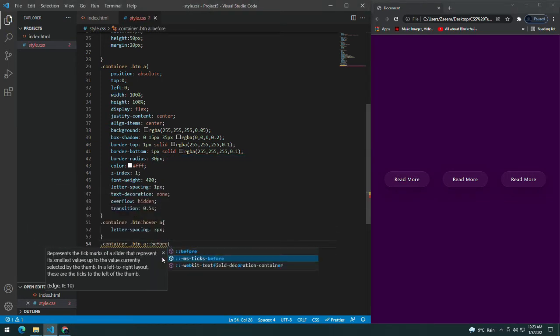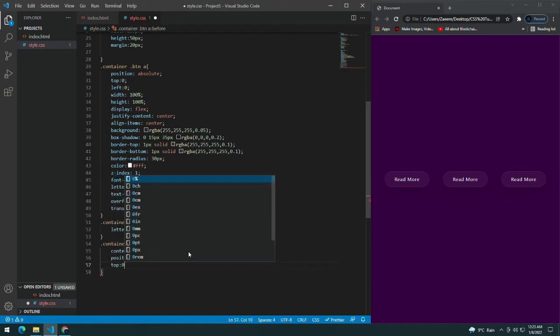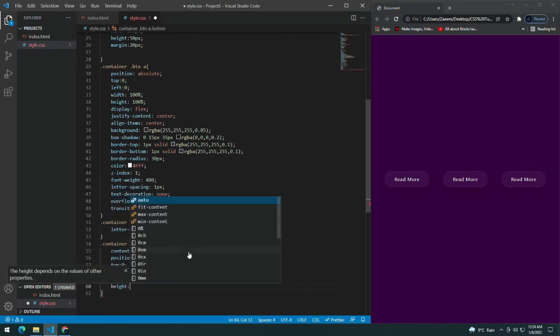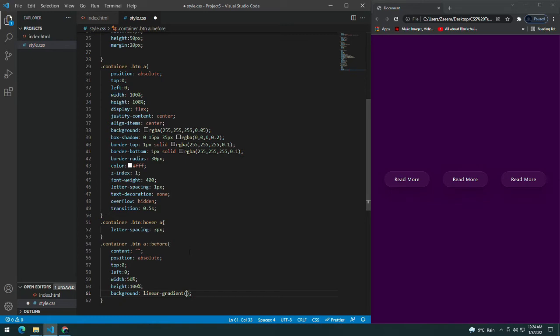Now I will give the anchor a ::before. For the before in the anchor, I will give it a content of empty, position of absolute, top of 0, left of 0 as well, width of 50%, height of 100%, background of linear-gradient, let's give it linear-gradient to left, and rgba of 255, 255, 255, and an opacity of 0.15.